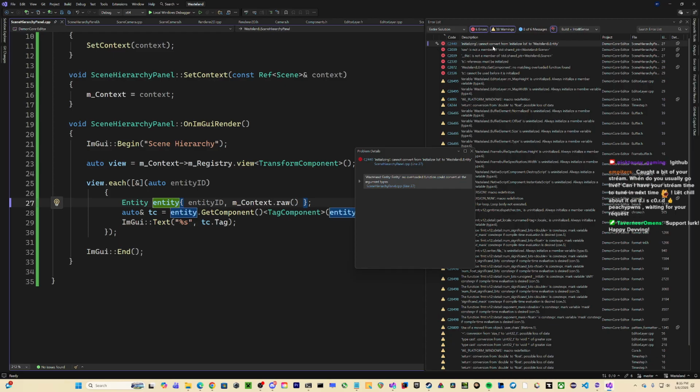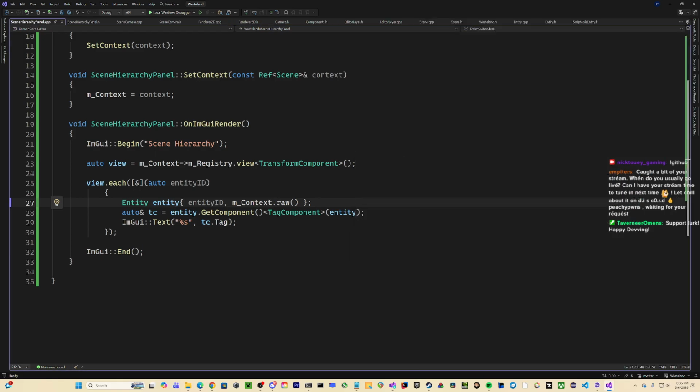Convert from initializer list to Wasteland entity. Raw is not a member of Wasteland scene. Oh, so I need to create a class for that.